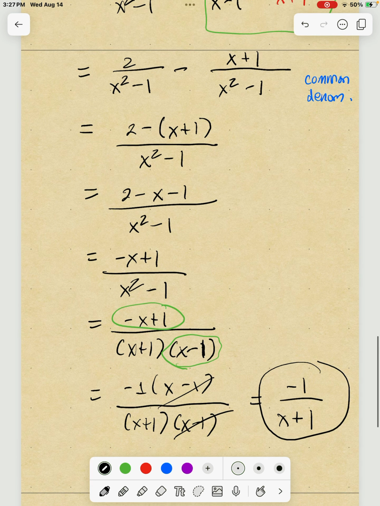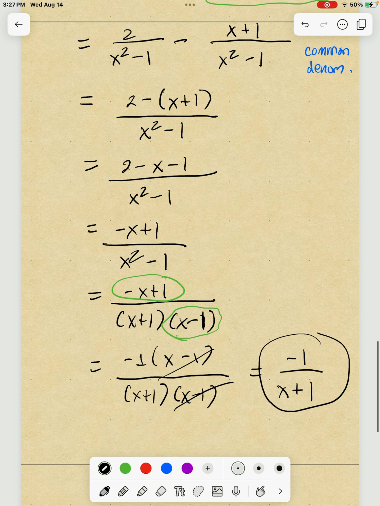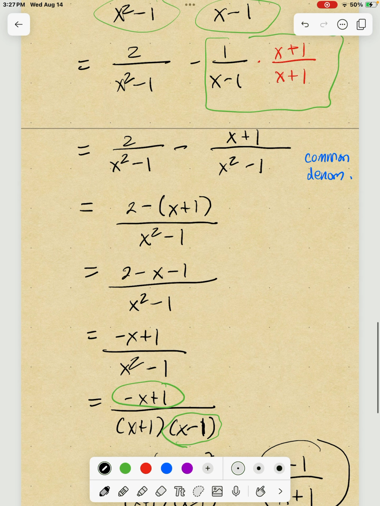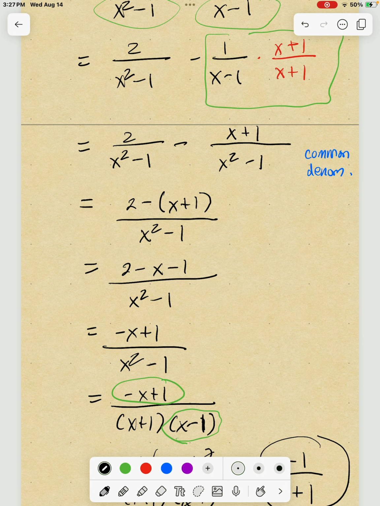All right, I guess we could have saved time if we had left the bottom factored instead of combining it and then unfactoring again. But